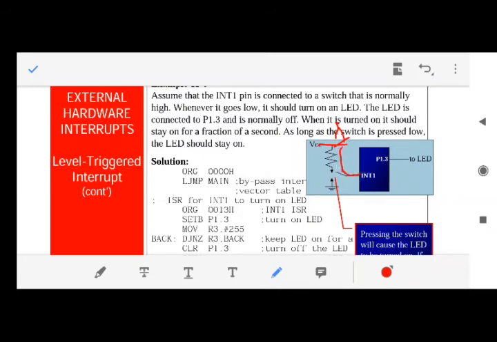So normally the value to this interrupt is high, that means the interrupt is not enabled, the interrupt will not occur. Interrupt will occur only when it receives 0. Please listen, it receives 0 for some time. So how to use this switch? This switch is connected to this 1. Fine, so the interrupt does not occur.